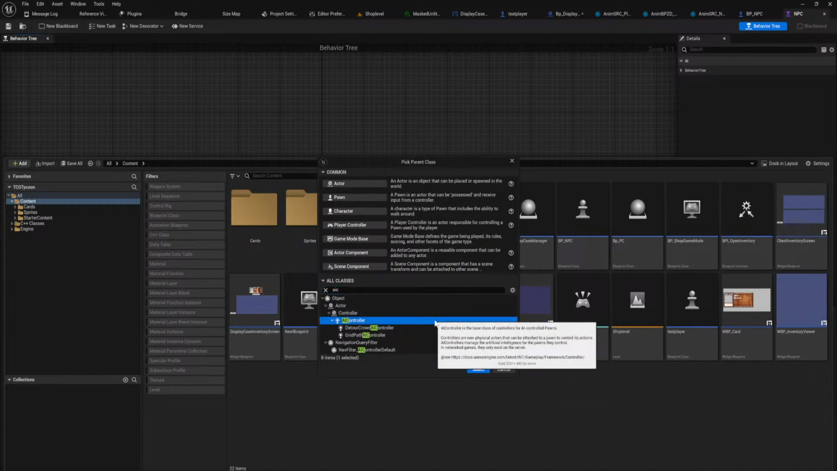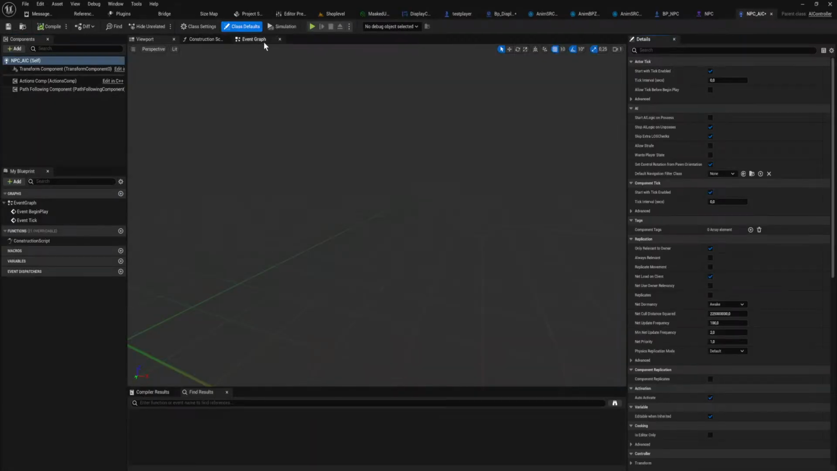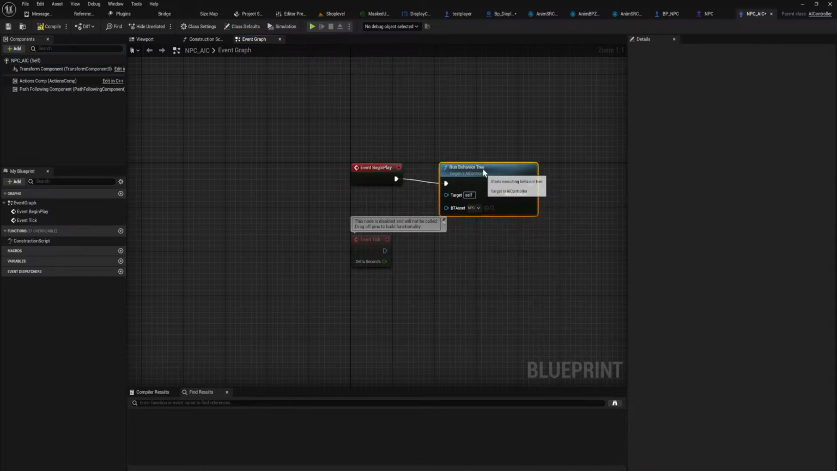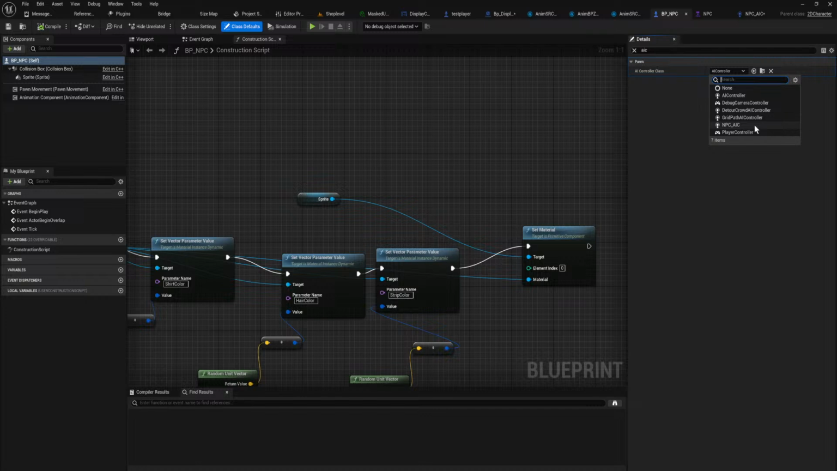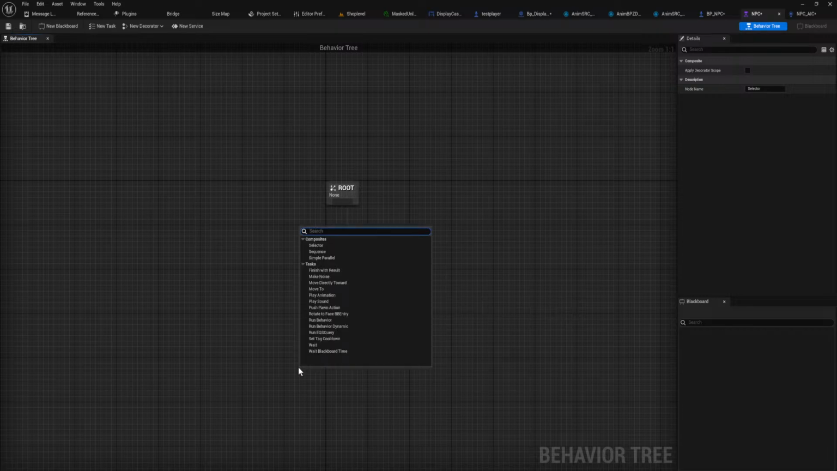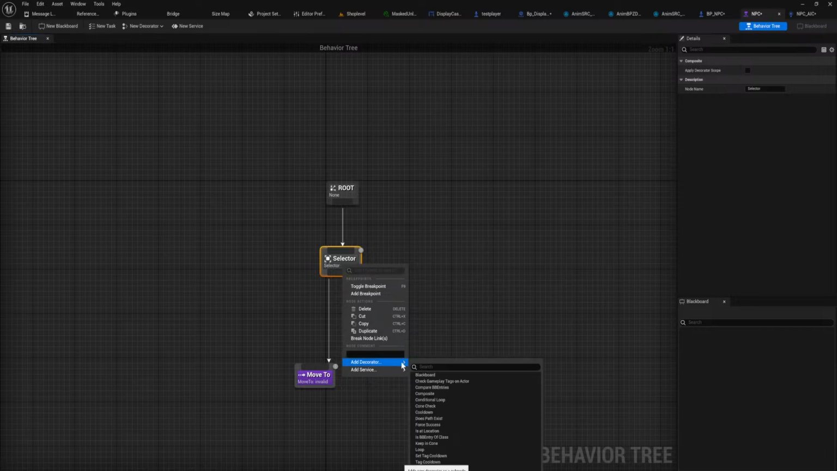NPC AI controller. All this is going to do is just on begin play run behavior tree NPC. That's literally all that it's going to do. Yeah, I'm pretty sure we don't need to do anything else. So in the blueprint for NPC, we do need to set the AI controller to our NPC AI controller, just so that it does that. And we just start with a selector just to pretend to actually do something. And we move to, and then on the selector we can add a,